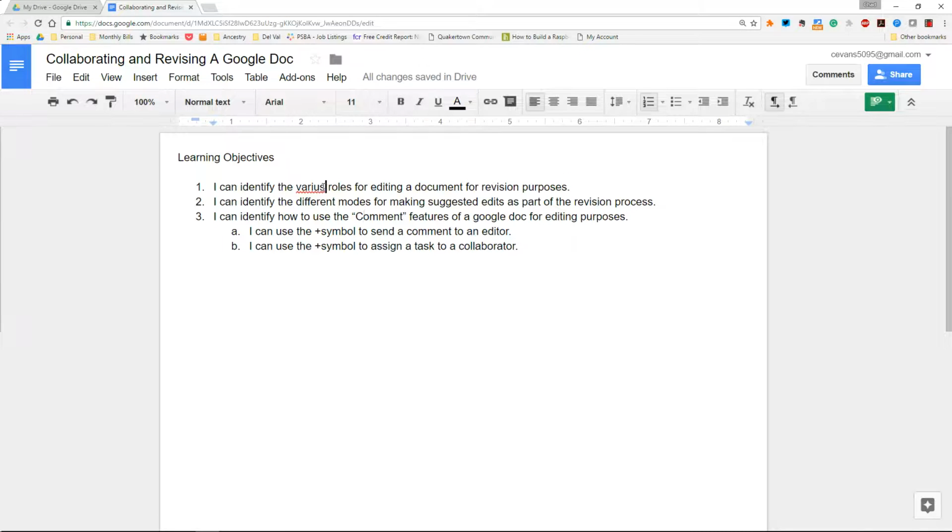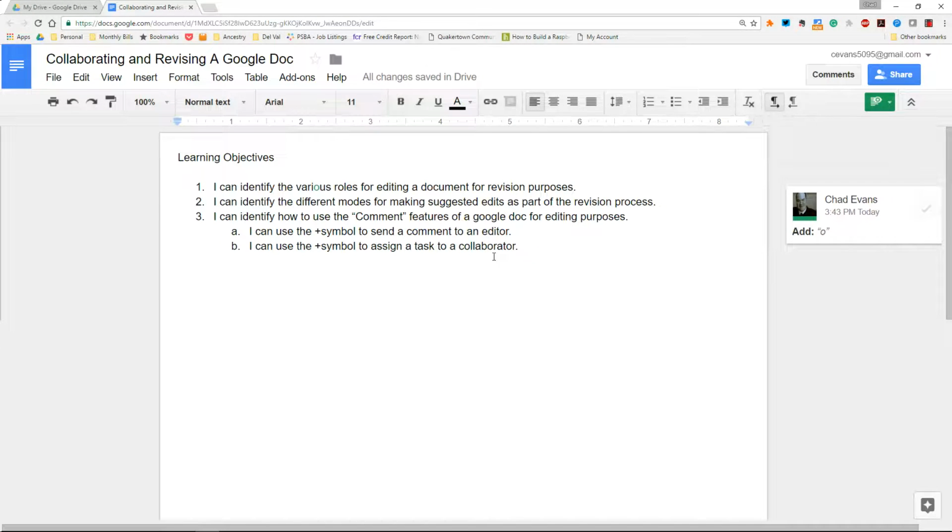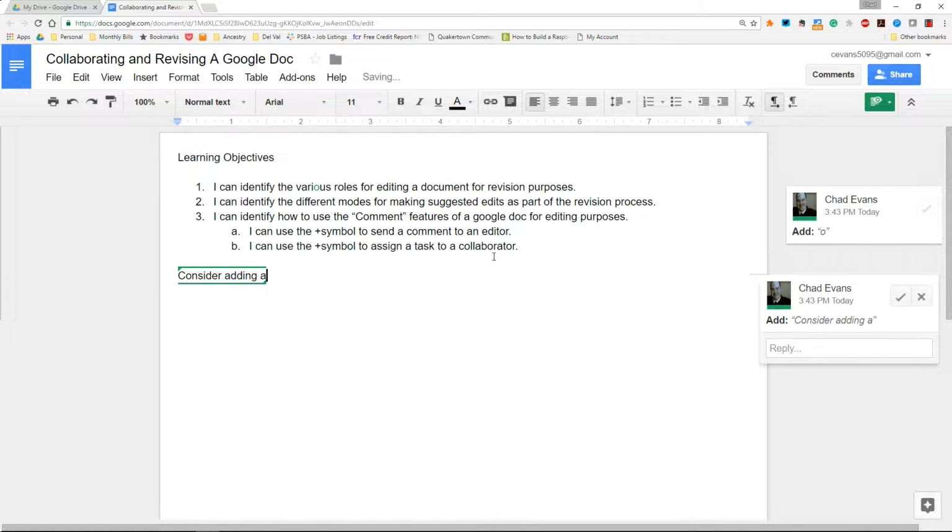If I change it to suggesting mode, what that does is it allows me to go ahead and add suggested edits to this. So if I were to click in here and type in, note that it's going to show the changes that I made to the document. And down here, I might say, consider adding a few more